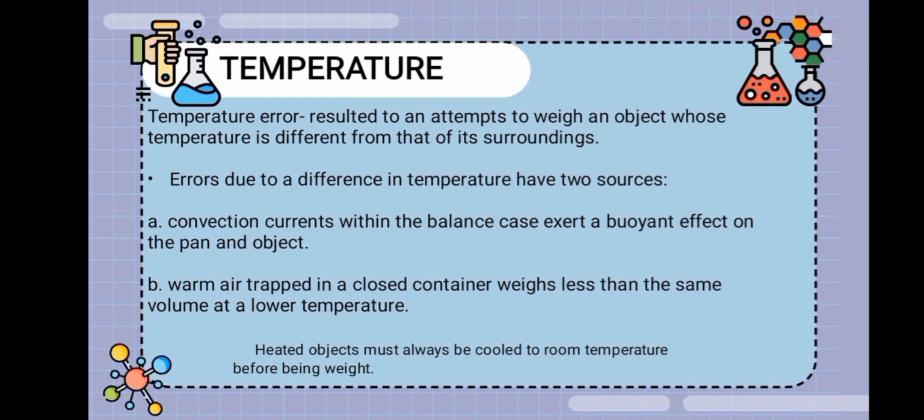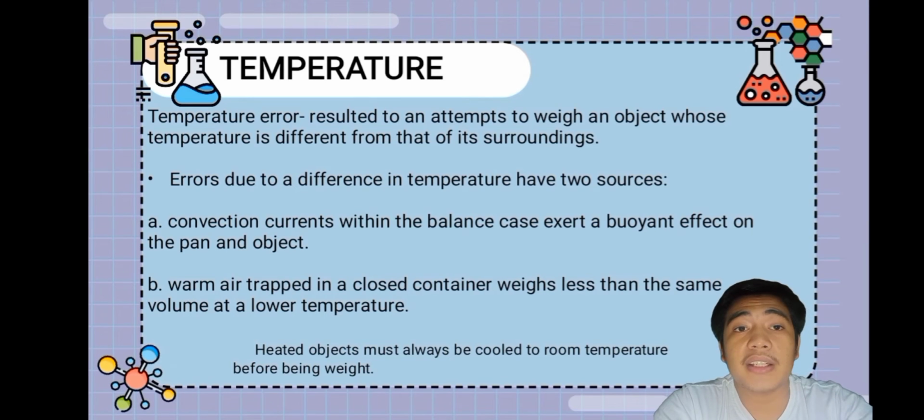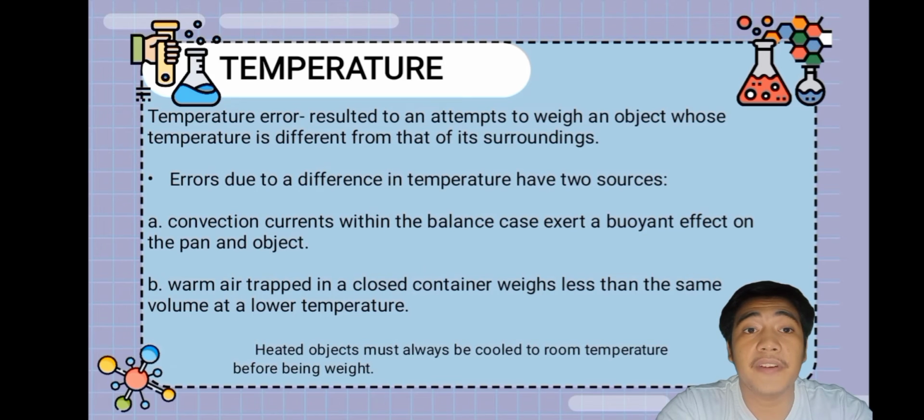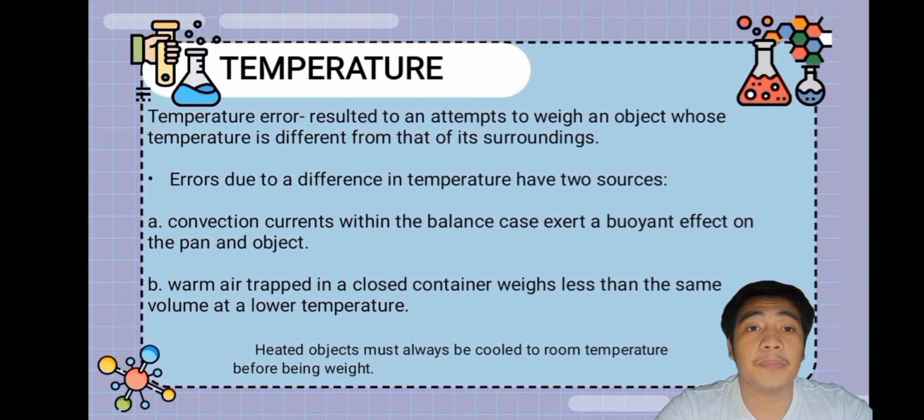Next is the temperature. Temperature error results from attempts in weighing an object whose temperature is different from that of its surroundings. When a hot sample warms the air, it rises. As a result, convection currents form, making the mass represented unreliable. Errors due to a difference in temperature have two sources. First